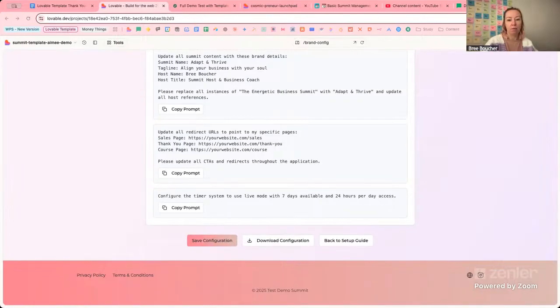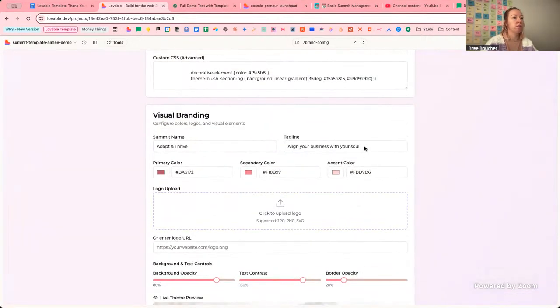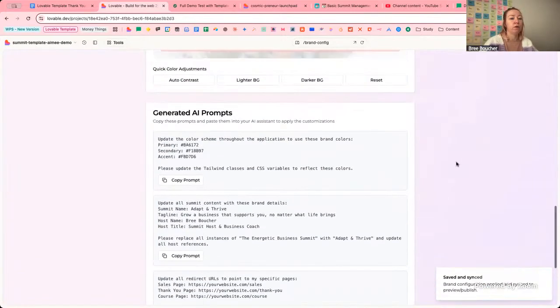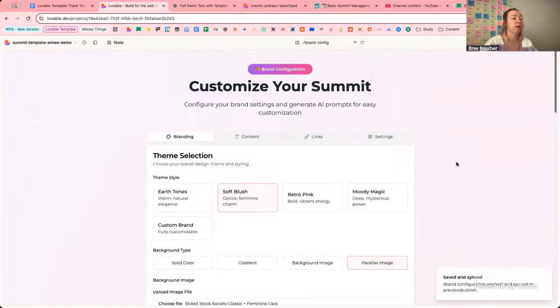And Amy's just given me a quick little tagline. So I'm going to go ahead and update that as well. And we can see where that populates. Perfect. Thanks, Amy. Save configuration. So as I was saying before, this is saving on my local storage, or there's a particular coding name for it. So it'll save, but we want to make sure that everything is populating properly in the actual site. So let's bring up and have a look